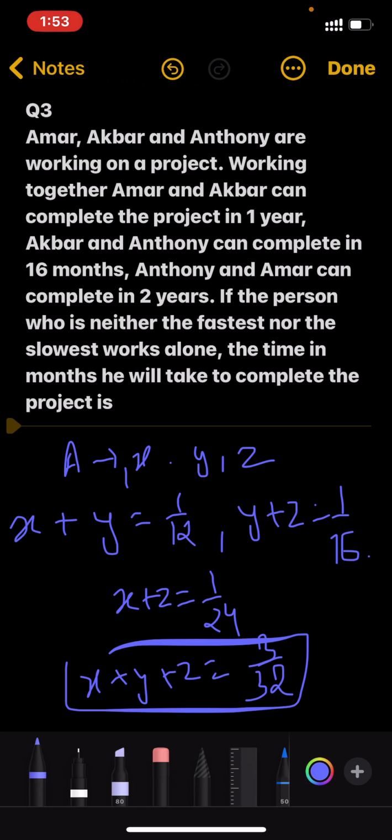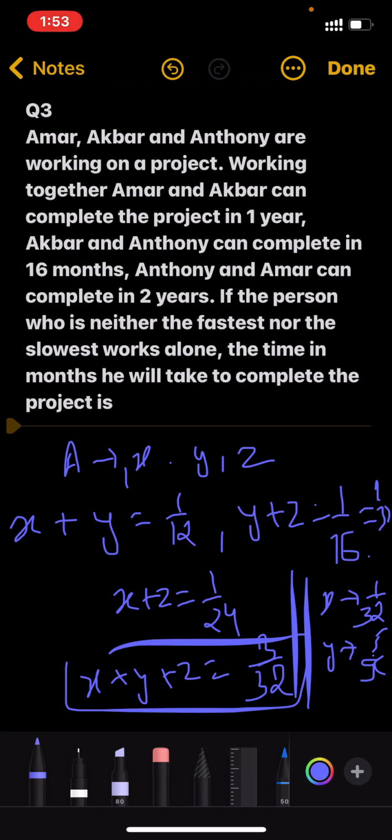Now we'll subtract from each of the equations and take out the values of x, y and z. So you can solve it. x will come out by subtracting from this equation, so this will come out to be nothing but 1 by 32. This is 3 by 32, this is 1 by 16, write it as 2 by 32, so when we subtract, we get 1 upon 32. For y we'll get 5 by 96, and for z we'll get 1 by 96. I'm rewriting this.